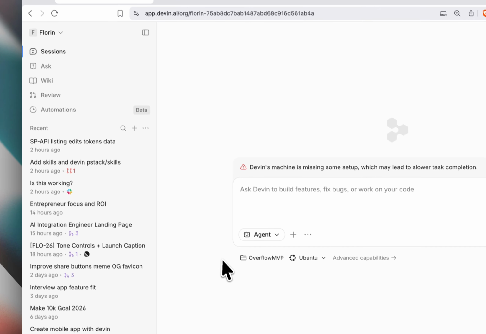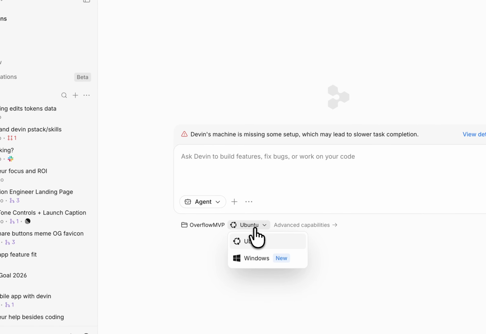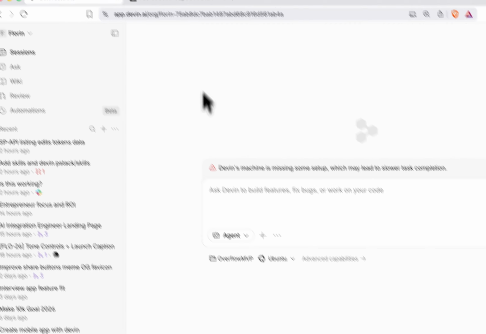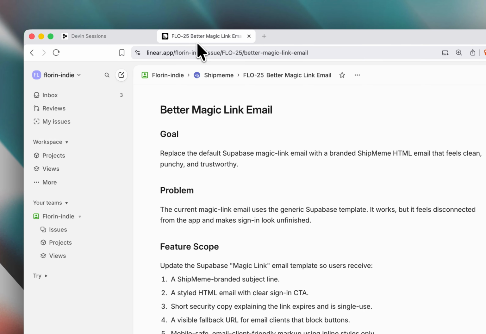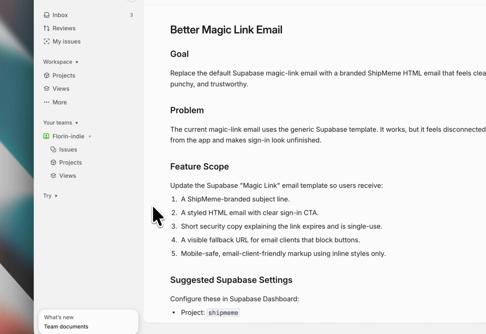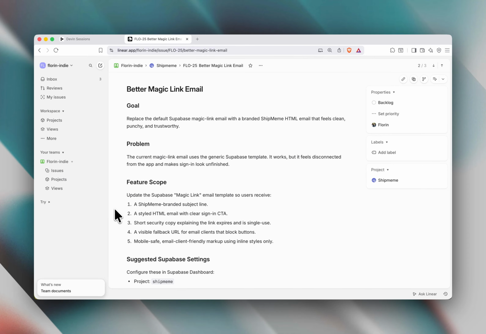So let me open this. You can also have Ubuntu and Windows as virtual machines, which is pretty cool. Didn't use Windows for now, but we'll try it. And after this is done, after we have the description and task, the ticket, let's say, I'll go ahead and